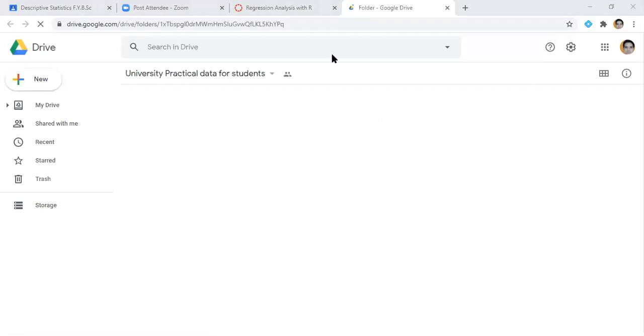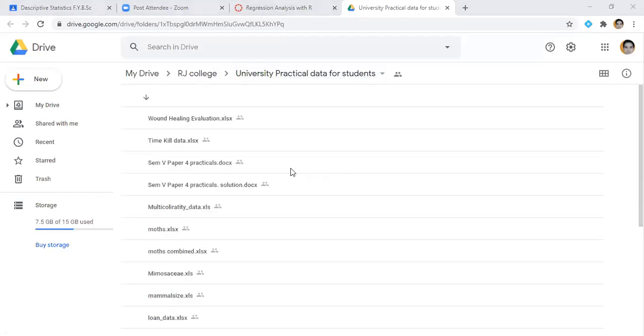You can see what I mentioned, university practical for students. So automatically you will be redirected to this file. See, these are all data and practical.